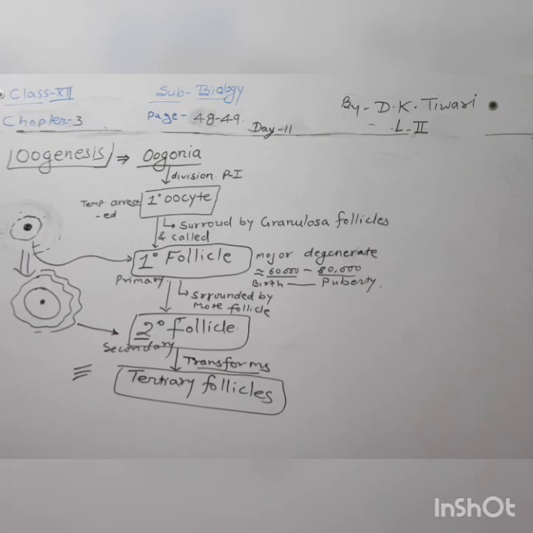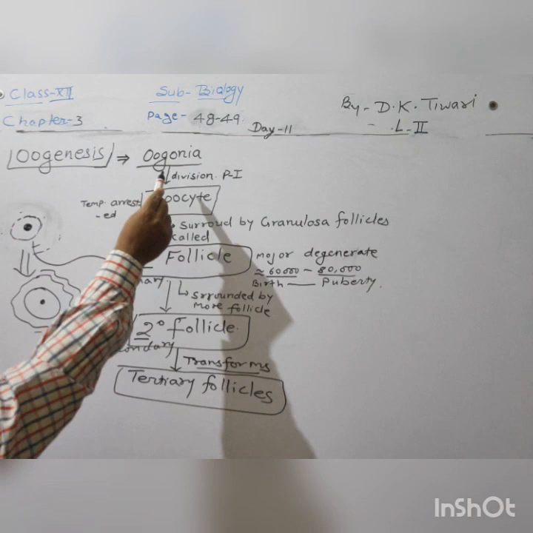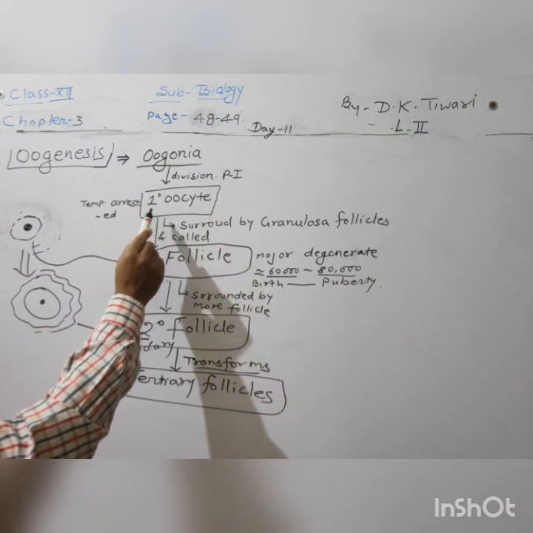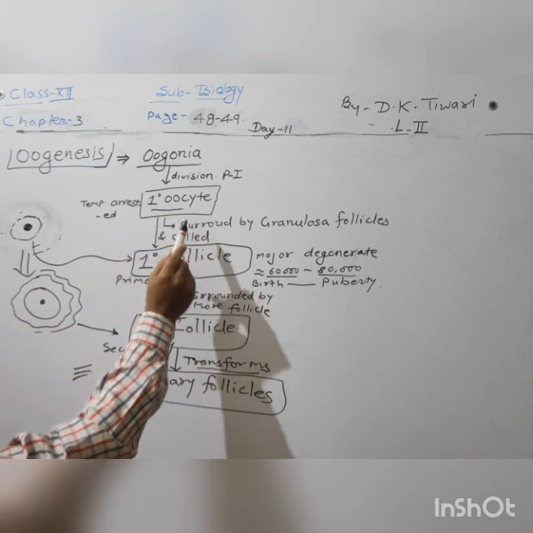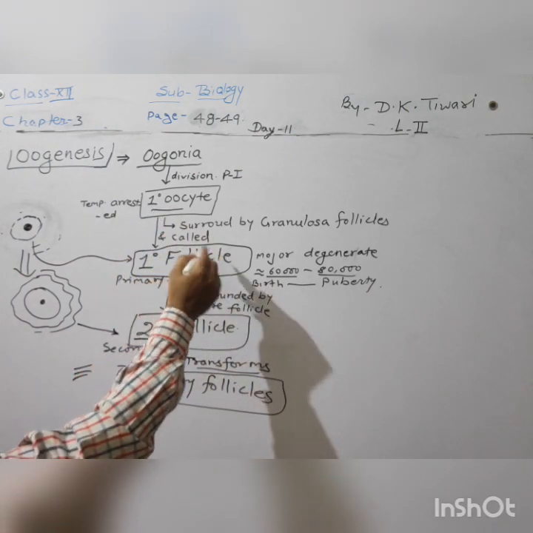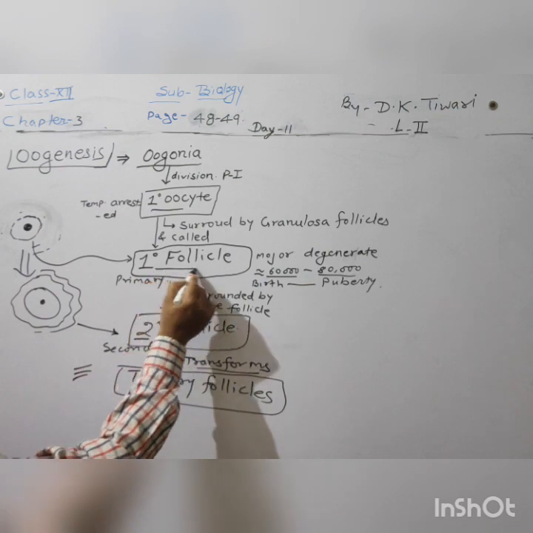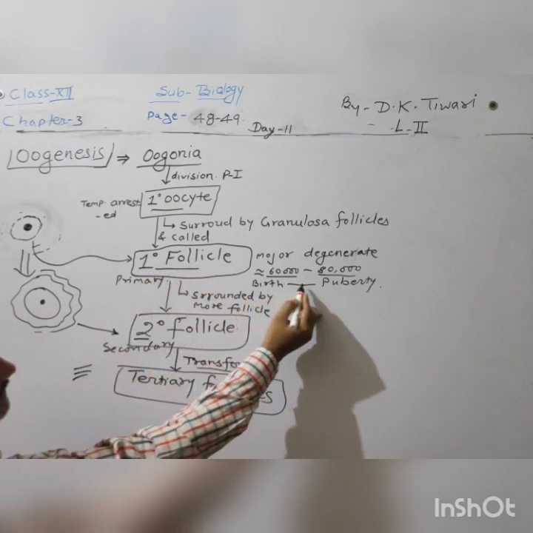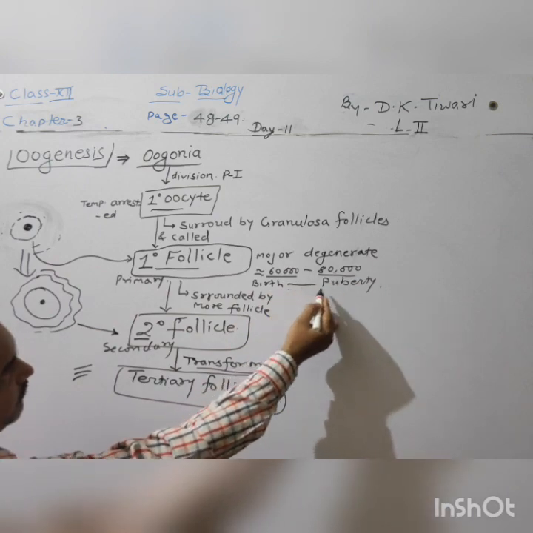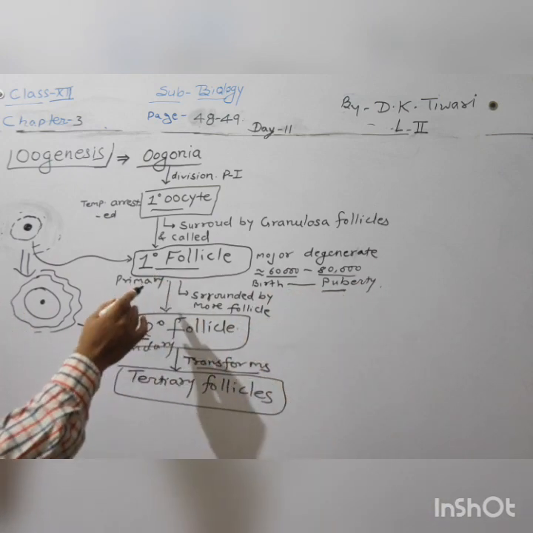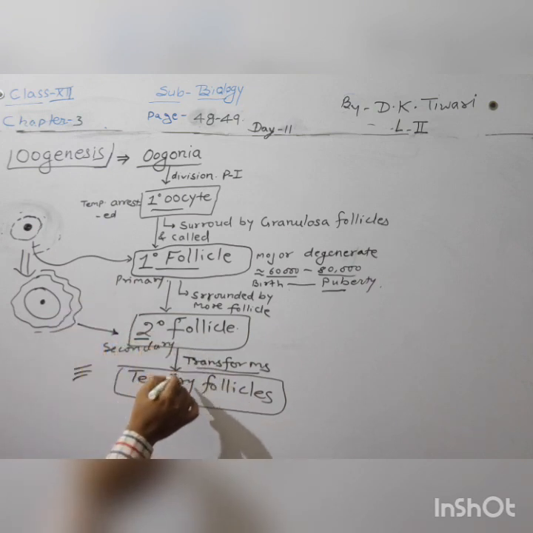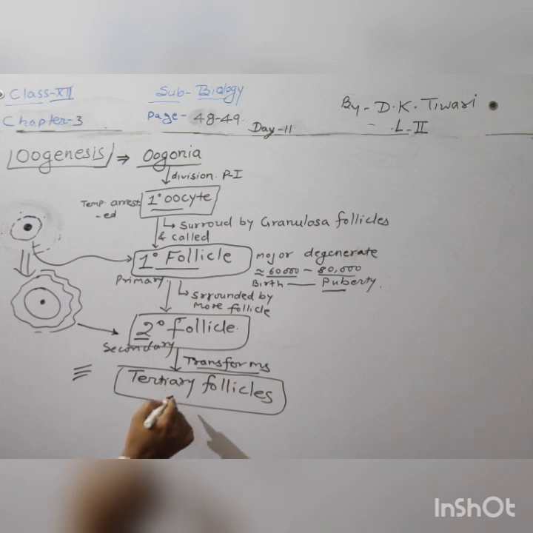So we were studying here about oogenesis, where oogonia have been formed, oogonia divided and finally make the arrested stage, that is the primary oocyte. The primary oocyte, surrounded by granulosa cells, makes the primary follicle, which ultimately remains, about 60 to 80,000, up to the puberty stage. Now it has been surrounded by some more structures, making the secondary follicle, and then lastly the advanced tertiary follicle has been made here.